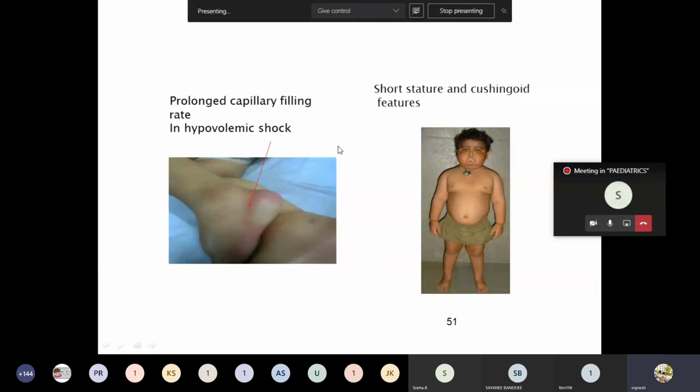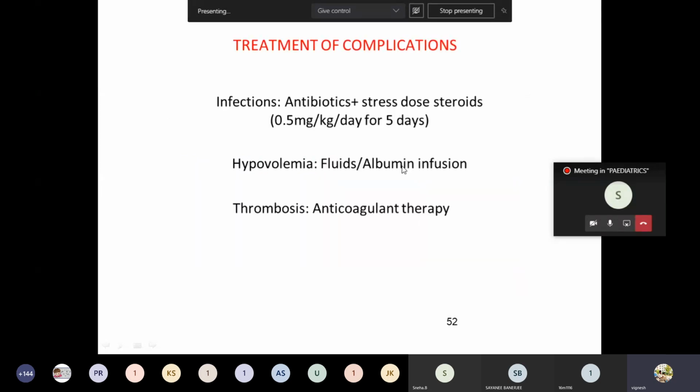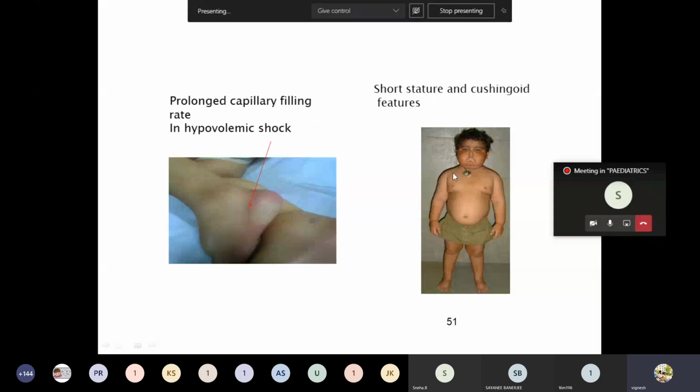So you have to do the prolonged capillary filling rate will be very much prolonged. That indicates that the baby is in shock. Short stature, puffy face features, I already told, this is a drug-induced case. Okay,